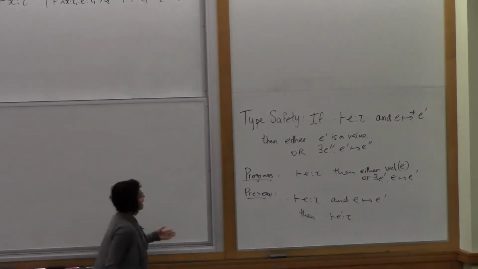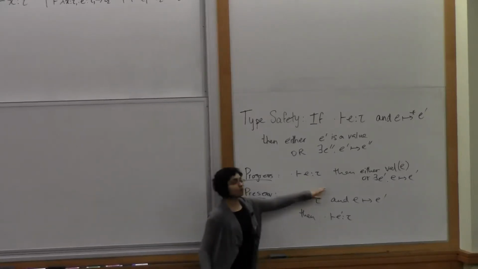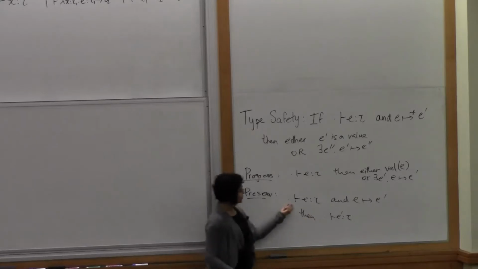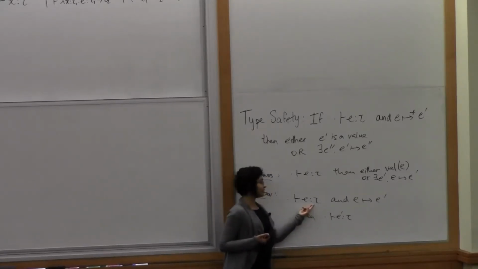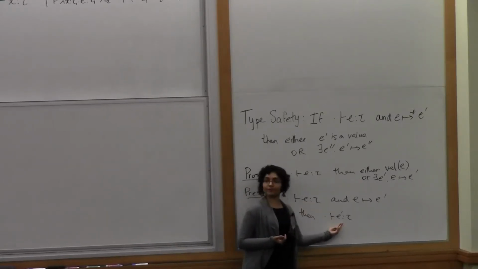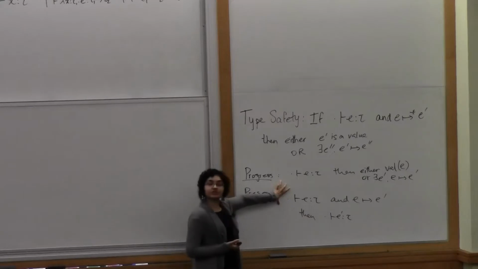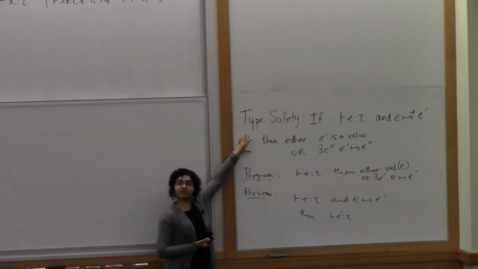Right? And the point is that in progress and preservation, since we're always looking at one step, we have to maintain preservation basically, right? We have to prove that after every step, the type is preserved. And using these two theorems, or lemmas, we prove the theorem that we're actually interested in, which is this one,